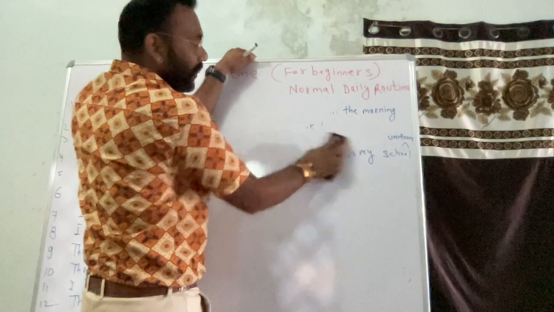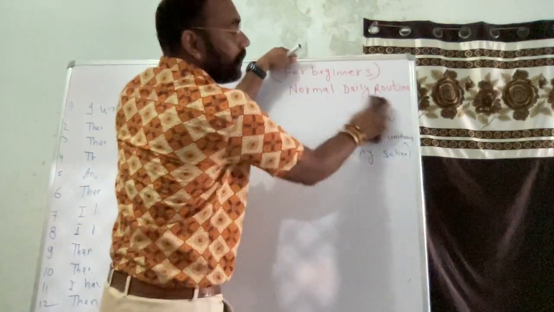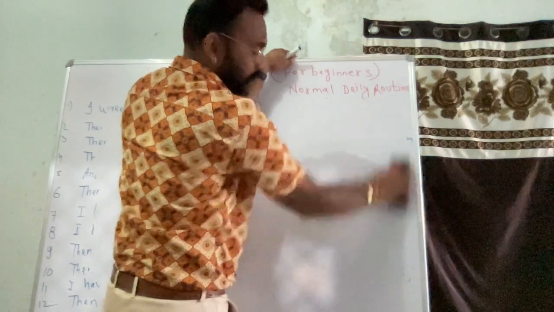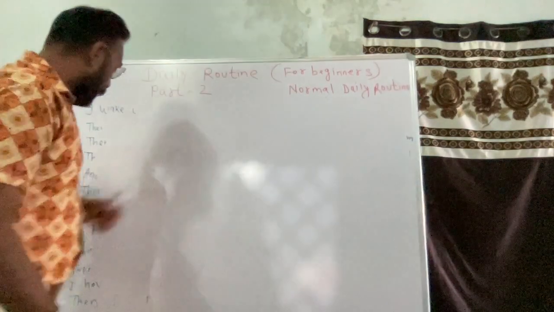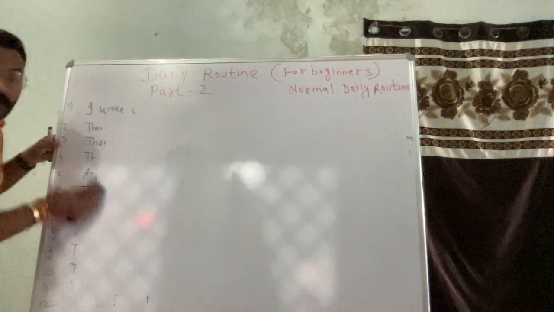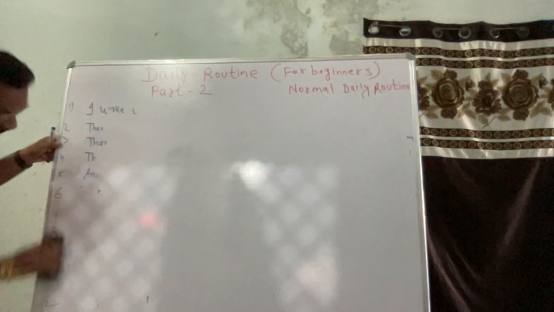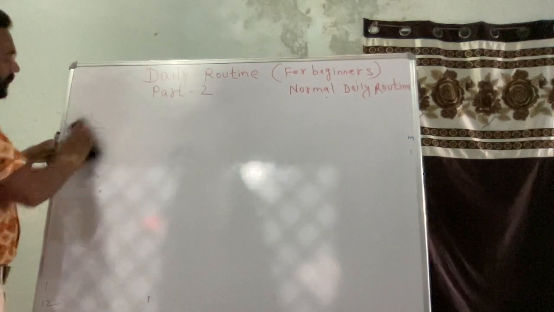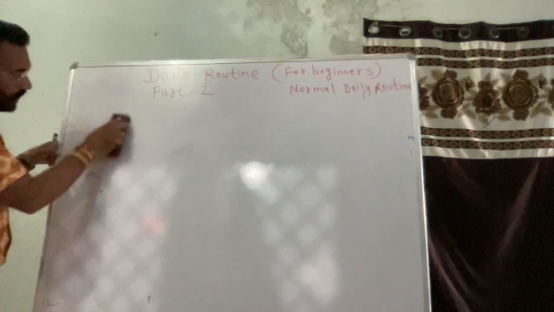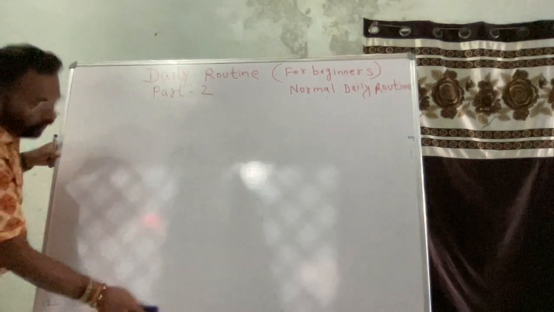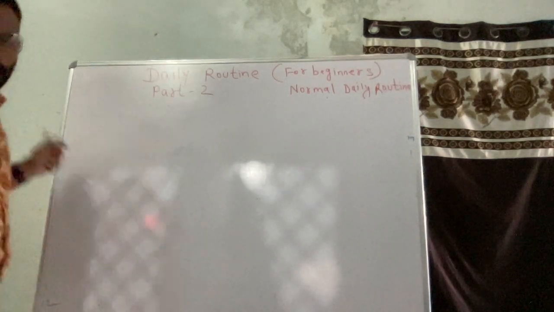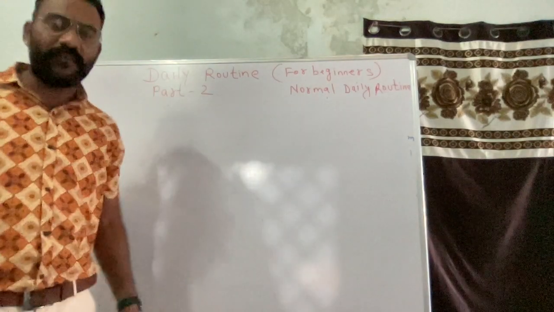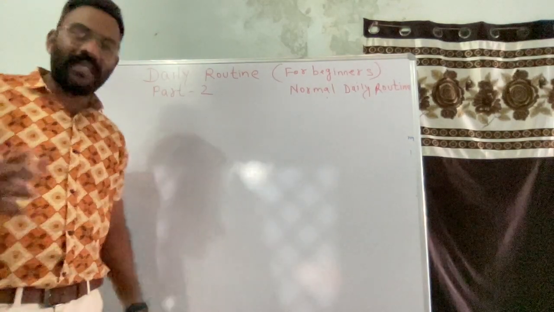You have to have one thing in your mind, that I have to learn English whatever happens. My life is mine, my parents are mine, and I have to do something better for my life. And if I use and utilize my time and if I give my 100%, no one can stop me from reaching my goal. Okay. Many times in my videos I have spoken this sentence: arise, awake and stop not till the goal is reached. If you decide, if you work hard, you get the result.